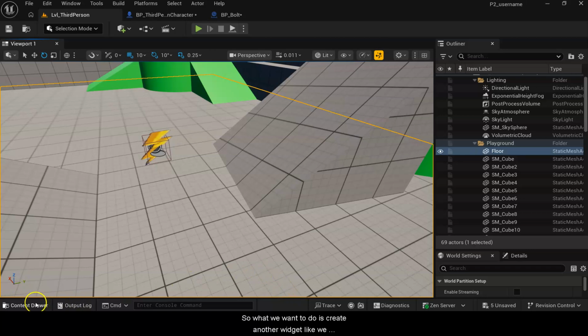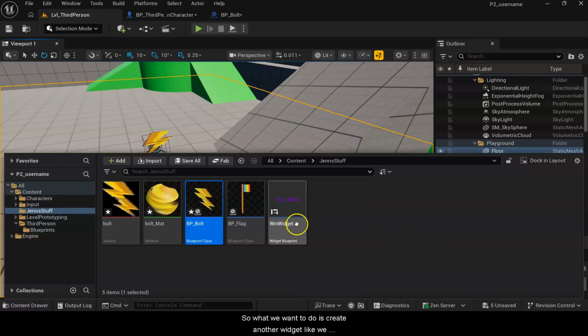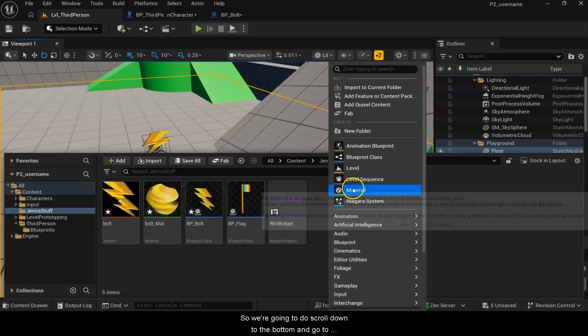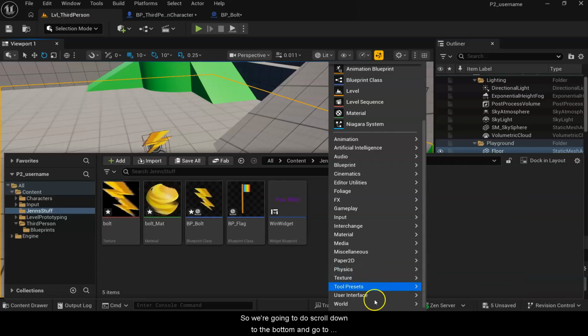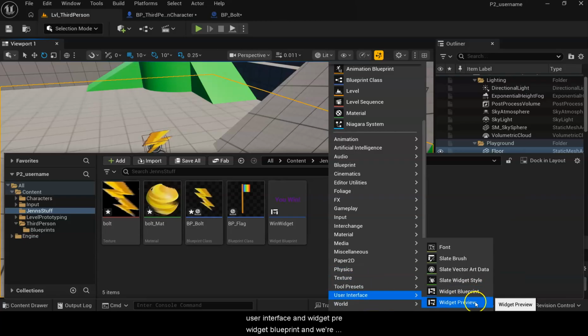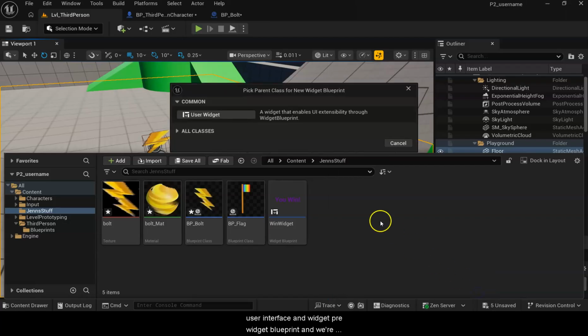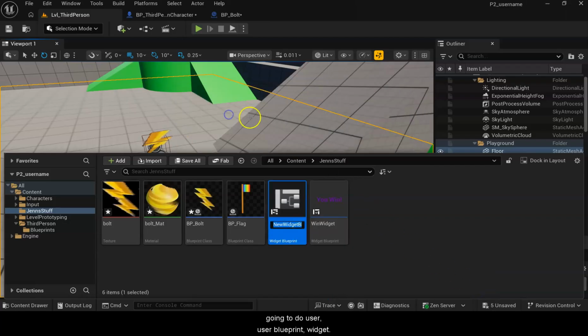So what we want to do is create another widget like we did here, right? We have a display widget here. We want another one. So we're going to scroll down to the bottom and go to user interface and widget blueprint. And we're going to do user widget blueprint. And we're going to call it BP, and I'm going to call it HUD because it's heads up